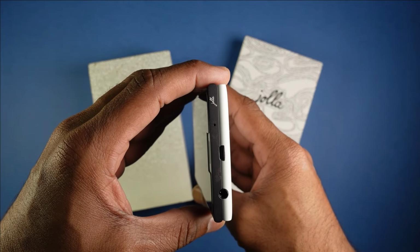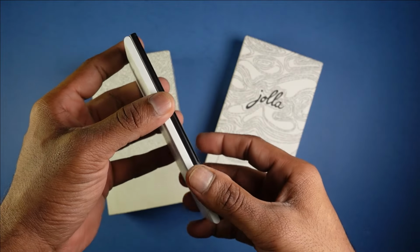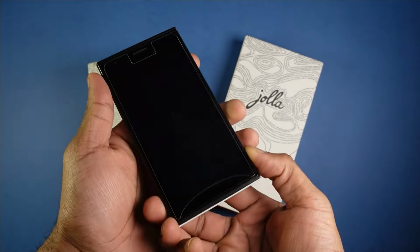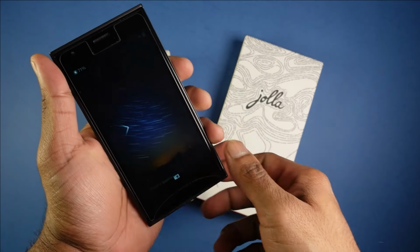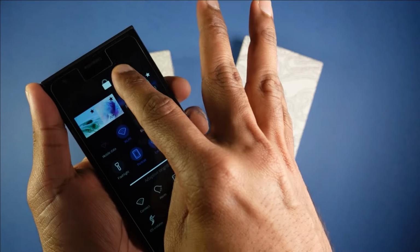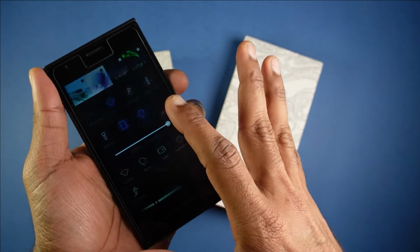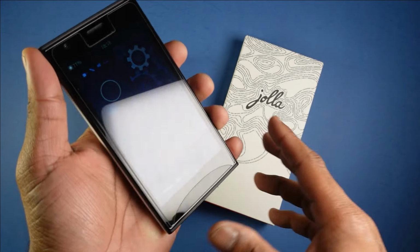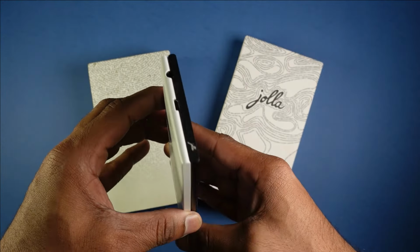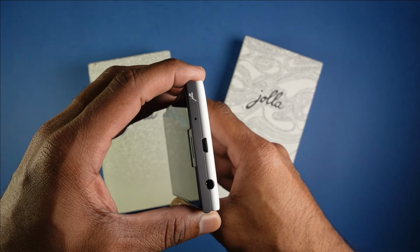So this is the Jolla phone 1, and you can see the modular design, the other half as Jolla calls them. Really brilliant design, and it runs on a very familiar swipe based navigation that we are all familiar with. It still looks brilliant after all these years, and definitely this is a must have in your collection. If you're a fan of collecting Nokia devices, this is definitely one that needs to be with you. Now sadly I don't have the other half, because it was not available officially in this part